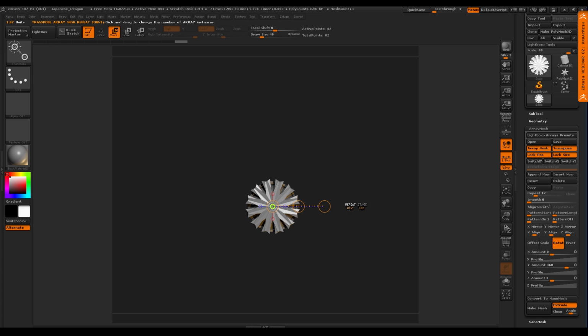And what that does now is makes the transpose line itself the controller for the array mesh stuff. So you can see here there's a repaint, there's a stage, okay? And so if I say switch to rotate, all right, and now I can use this transpose line, in essence, to rotate my pieces. So you can see how that's rotating now, right? Or if I want to rotate this way and make some kind of, it's an animation.